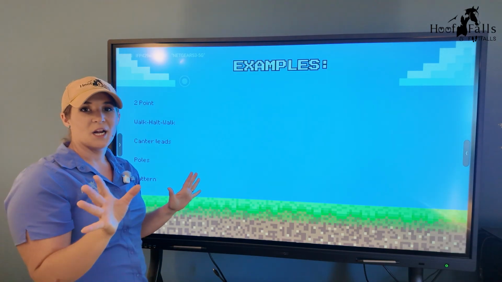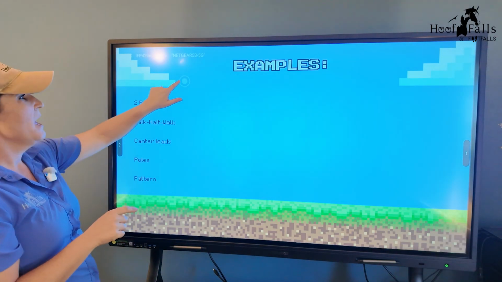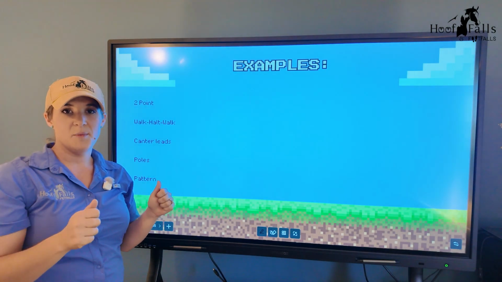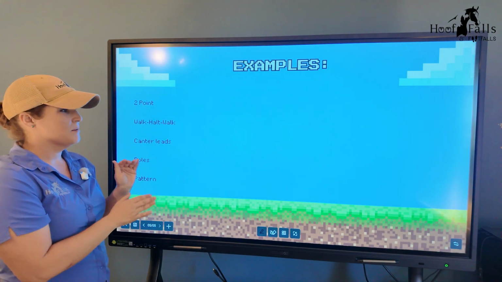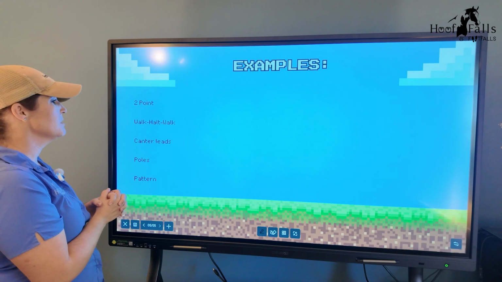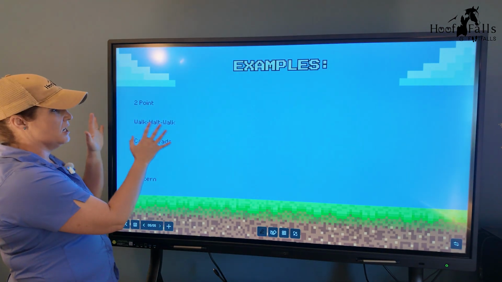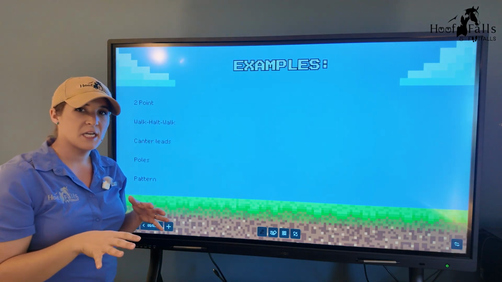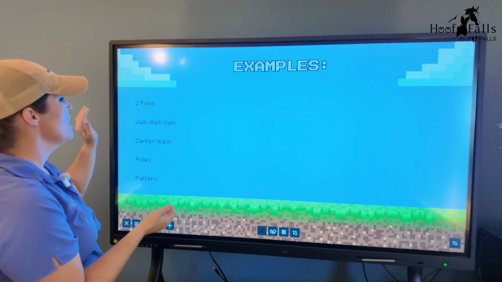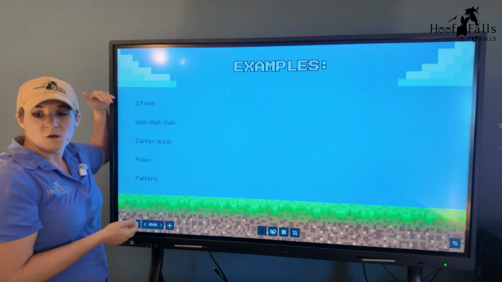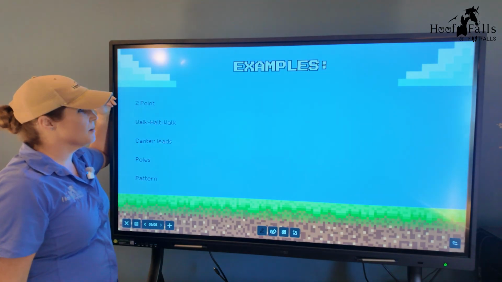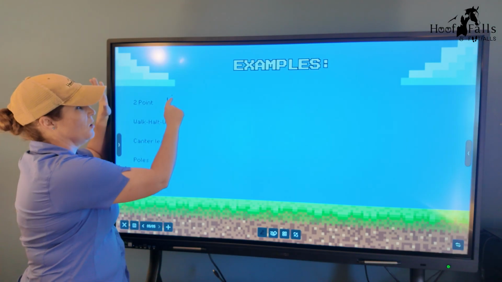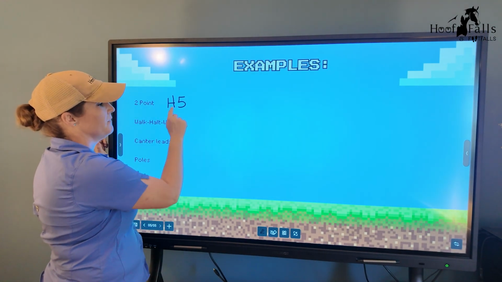Alrighty, so we're going to talk about some of our examples here and how we can gamify some very common skills that we are going to be teaching. And I'll give you some examples of a youth version, and then how I might adjust that to an adult version if it needs adjusting. So 2-point. My 2-point, I can do something along the lines of, we're going to be doing it at a halt for 5 seconds.